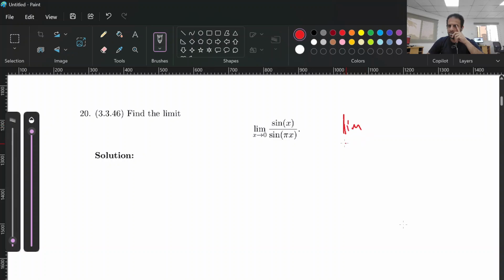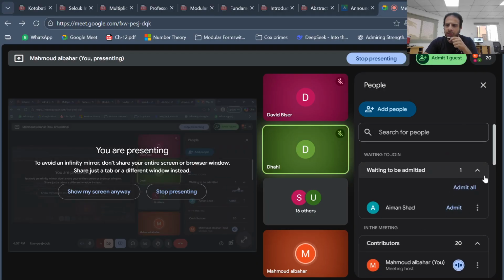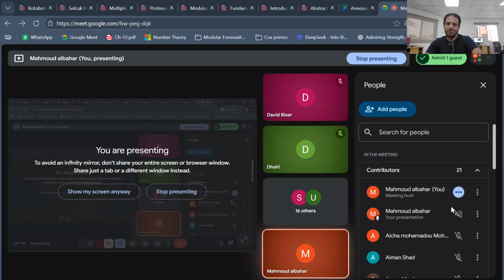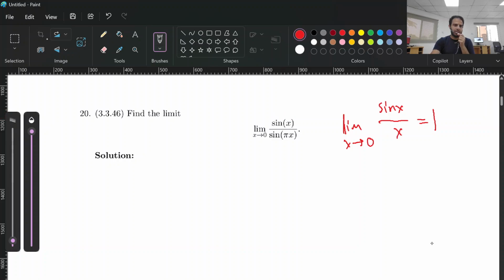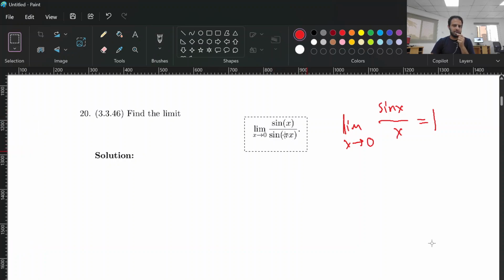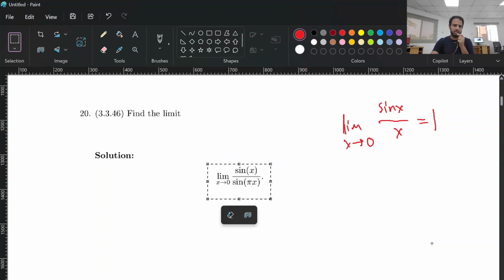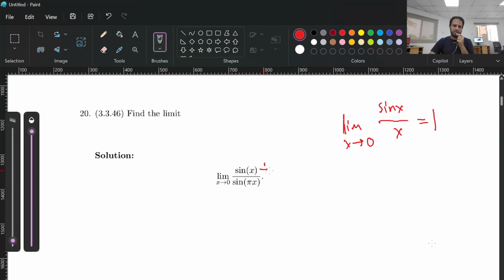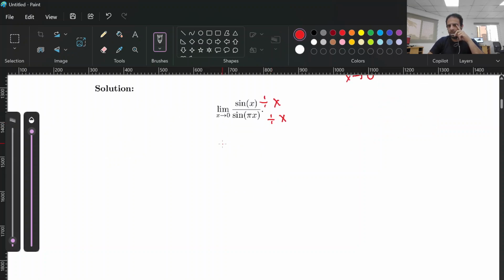We have this rule. Limit as x goes to 0 of sine x over x equals 1. Good? Now, can you solve it now? You have to turn it into that. We can divide up and down by x, right? So, let's divide by x, divide by x. Then you get limit